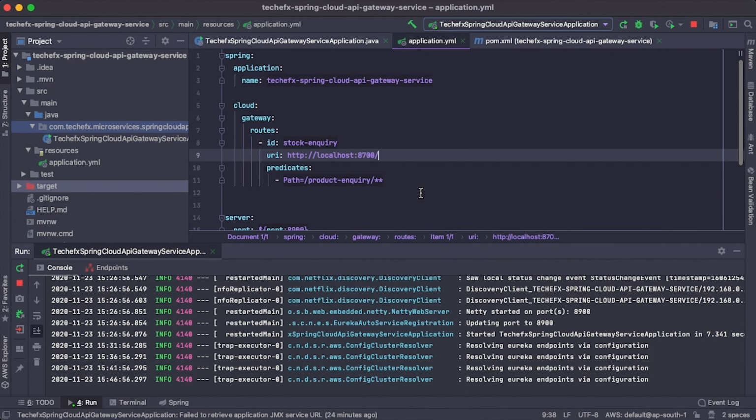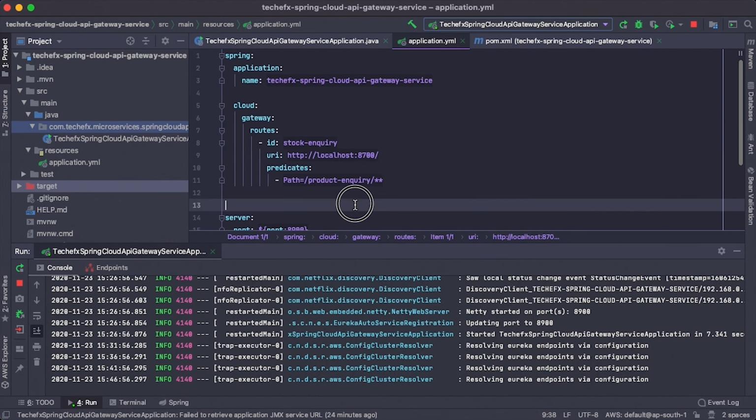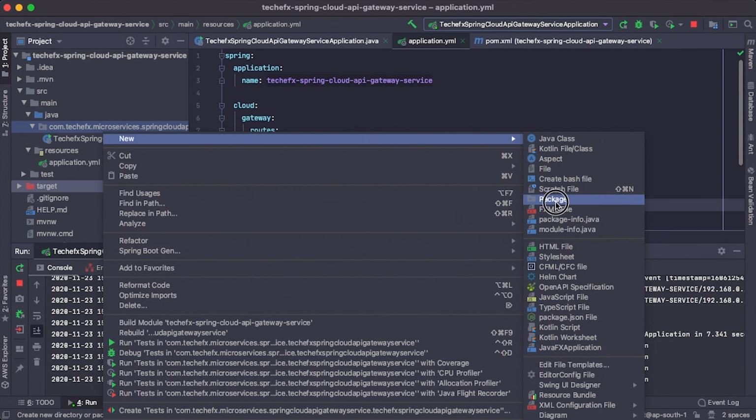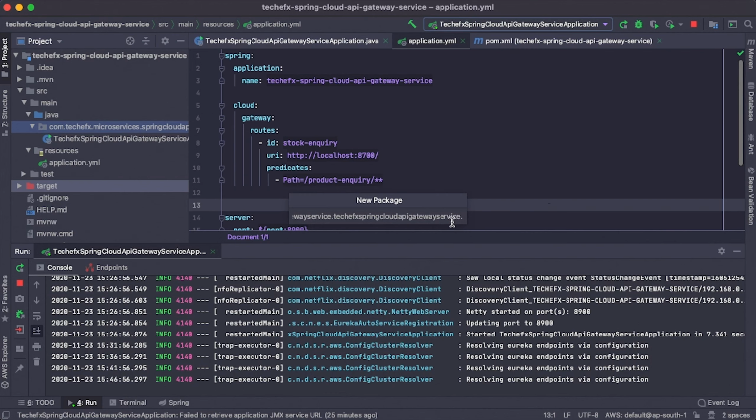For doing this, we configured the routing service in application.yaml file. Additionally, I will show you how we can enable routing through the other way around, by using a configuration file. Both are the same, and it's just a matter of choosing the option. Now, let me demonstrate how we can do it through config file. For that, let's create a new package called config. So right click on that main package, and now I'm creating a child package inside